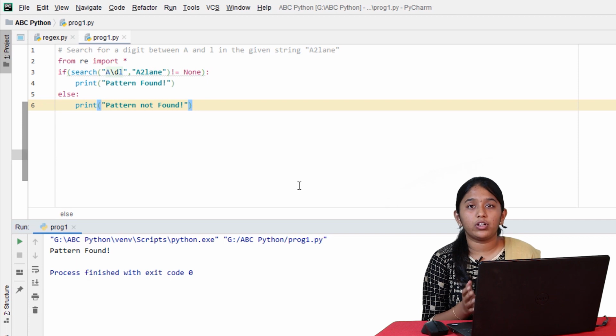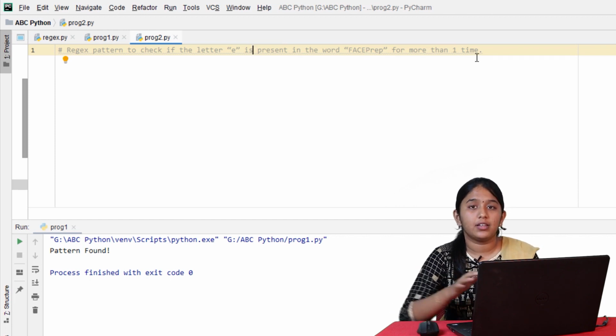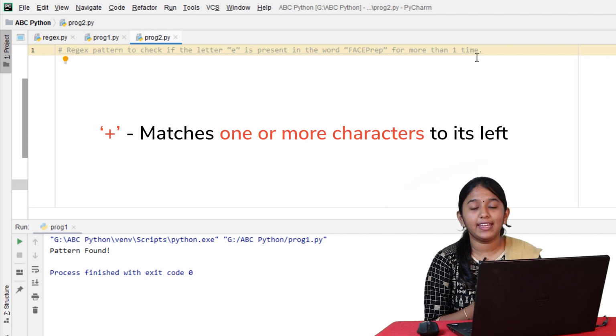Now let's move on to the second program. Regex pattern to check if the letter E is present in the word face prep for more than one time. For this program, we can use the meta character plus, which will check for one or more occurrences of the given character.